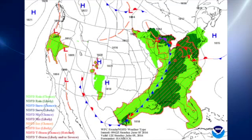A lot of Alabama waking up to some rain this morning, and kind of an unusual pattern with a little bit of a jet streak helping to create some lift that's giving us some morning showers. There's a look at our surface map, and we still have the cold front that is moving across the Mississippi River and will be moving across the southeastern United States today and on Monday. And that will be helping to clear the rain out of here by the latter part of the day on